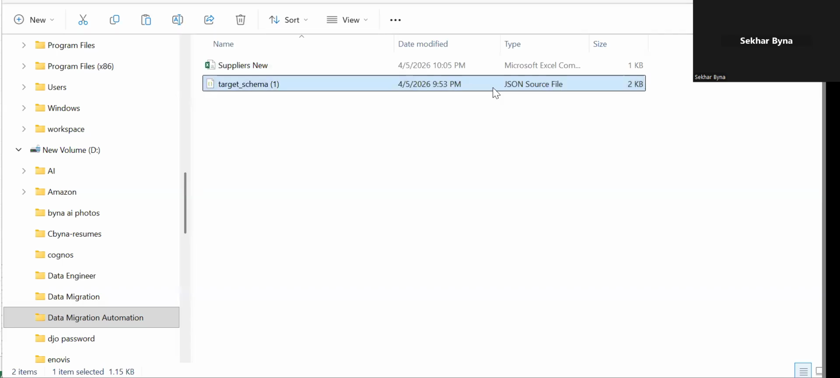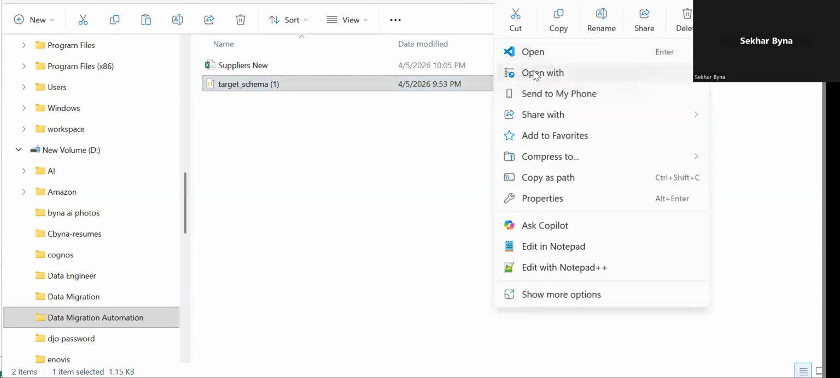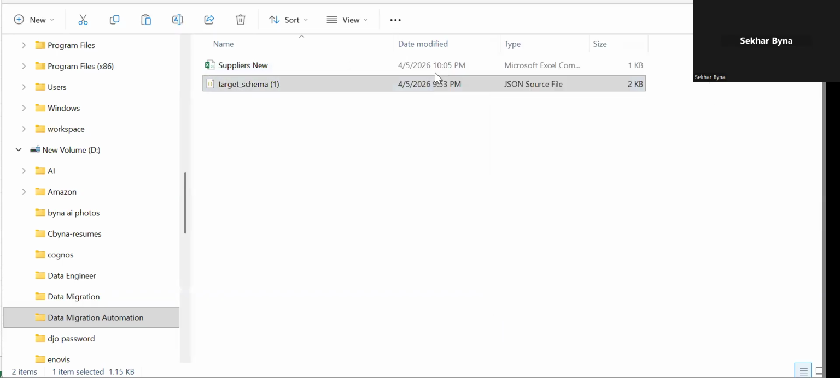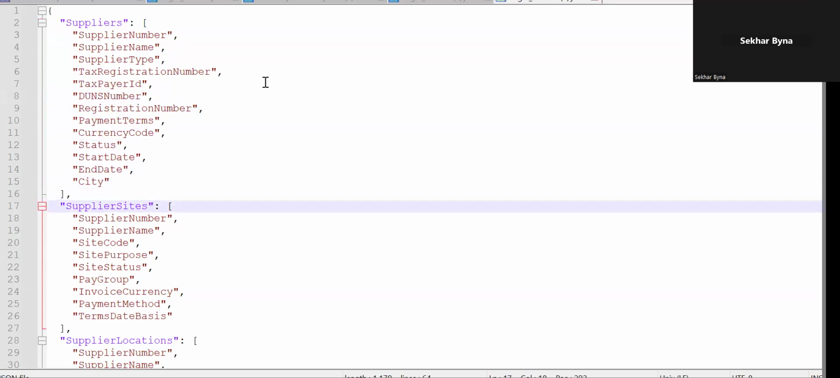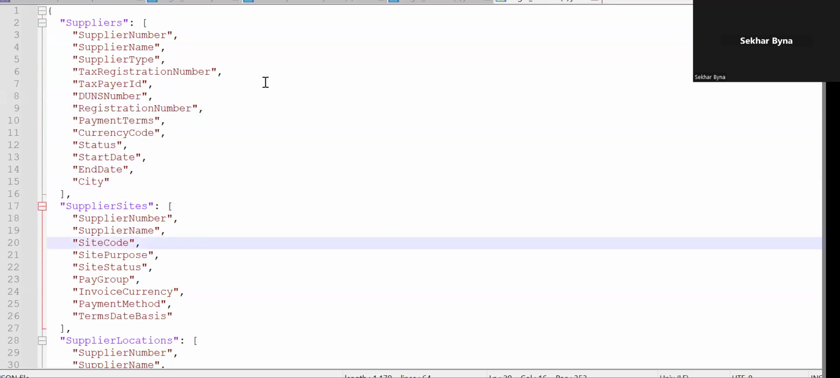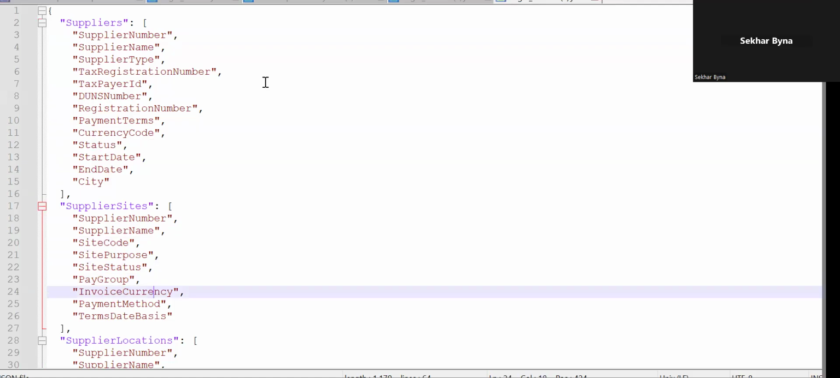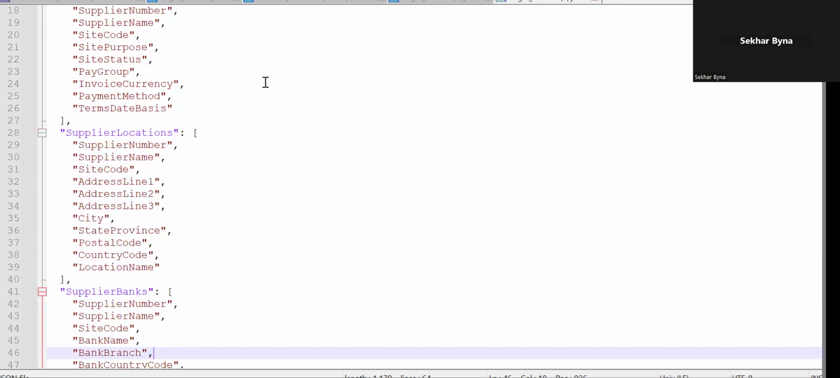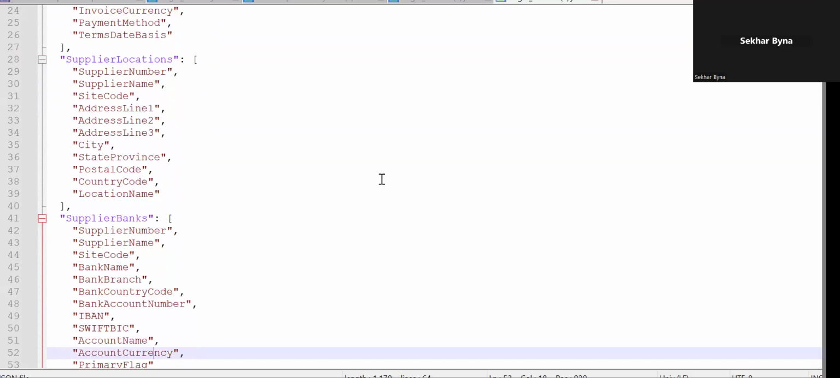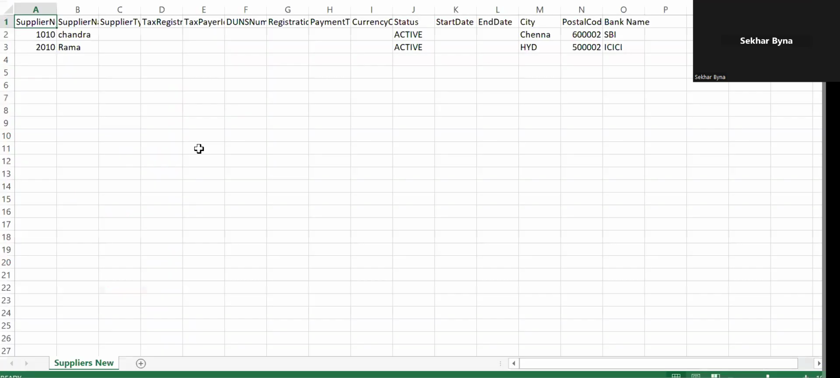It is a JSON file. We open it in Notepad. Here we will have the supplier tab, the supplier number, supplier name, everything. And supplier sites, site codes, site purpose, like that. Locations we have like this, banks like this. So in this file, what we'll do,